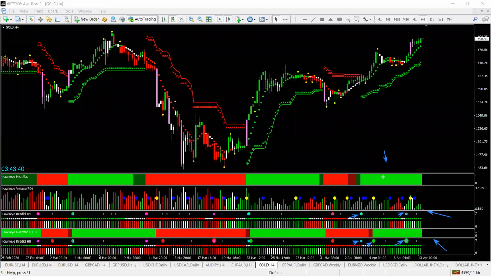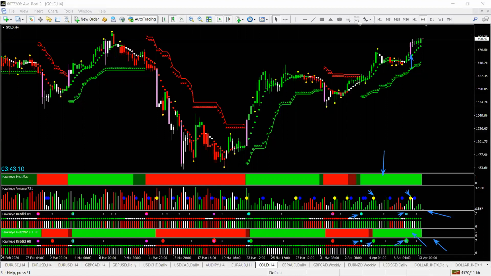And then we have the heat map. The heat map is green on both time frames. All the volumes are green, and the yellow one denotes pretty high volume. We already previously had a breakout, and at this volume we see this candle over here, and previously we had a buy signal. So we have an understanding of the direction. The direction of the trend is long, or bullish. It's in the positive direction.